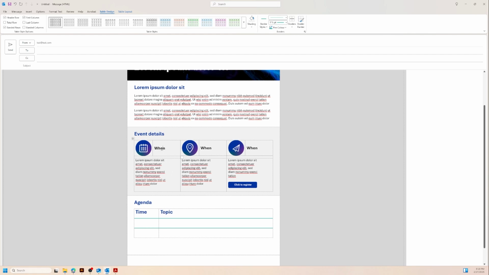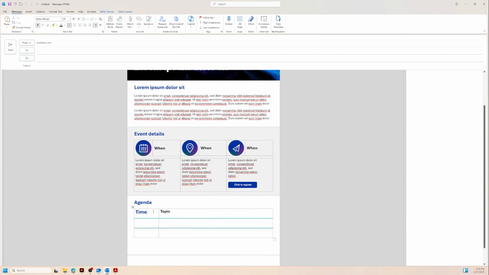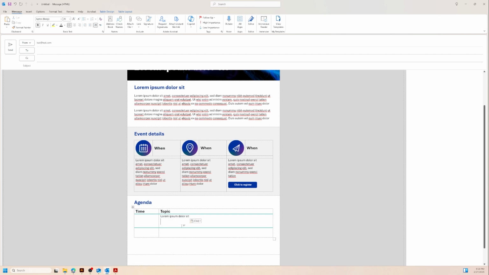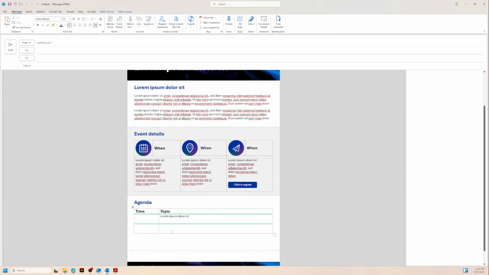We can copy the style of this headlines here. We need to go back to message, format enter, and here we can add text and text, and here time,